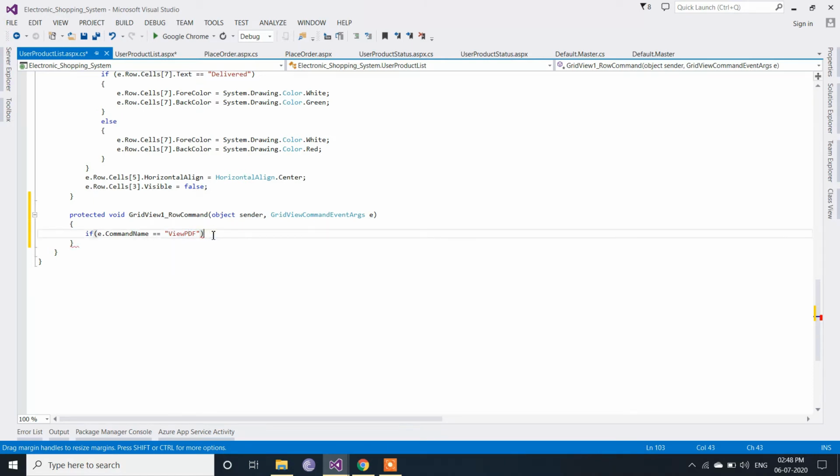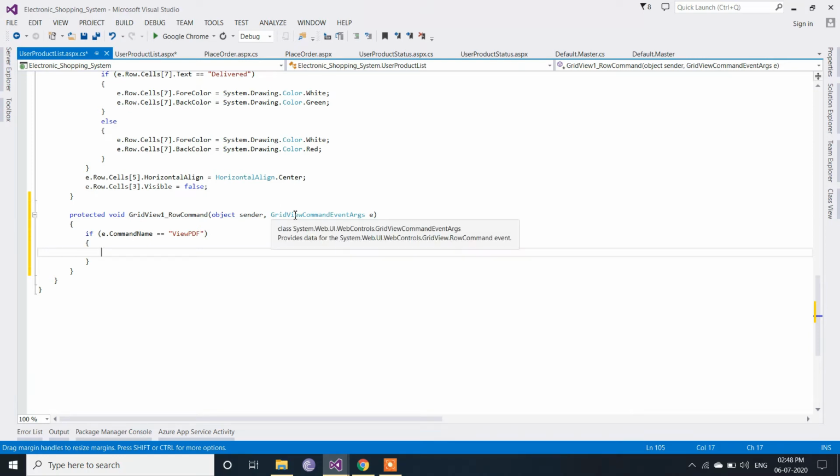Now inside the if condition, the order ID which we are getting from the command argument, we have to pass it in a session. Why are we storing that value in a session?